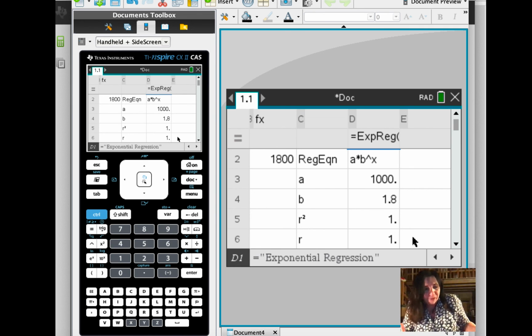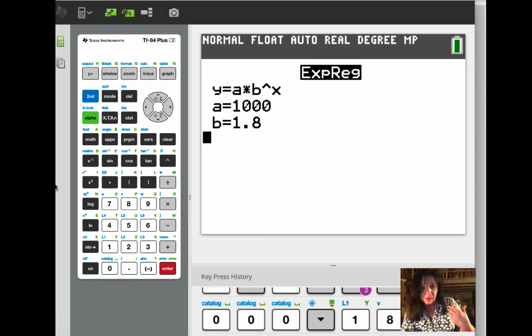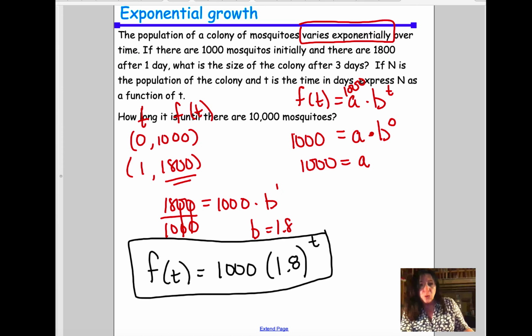So if your boss later on in life is asking, you're telling them that according to this data, this is exponentially increasing really, really fast. And here's the equation, and in this many days, this is what's going to happen. And your boss is asking you, are you sure? And that R value is basically going to say, yeah, I'm positive that this is happening. Okay, so we're going to go back to